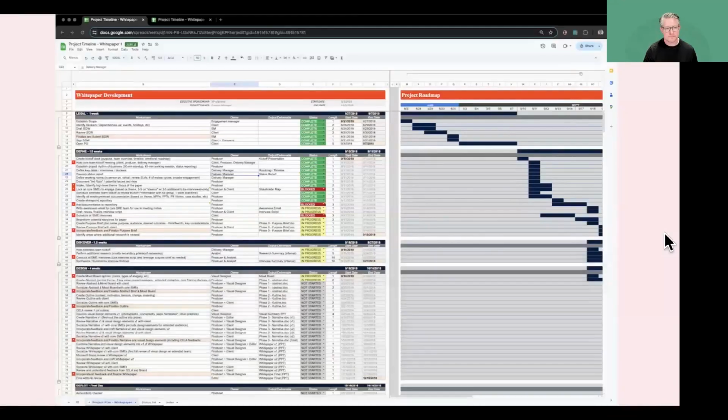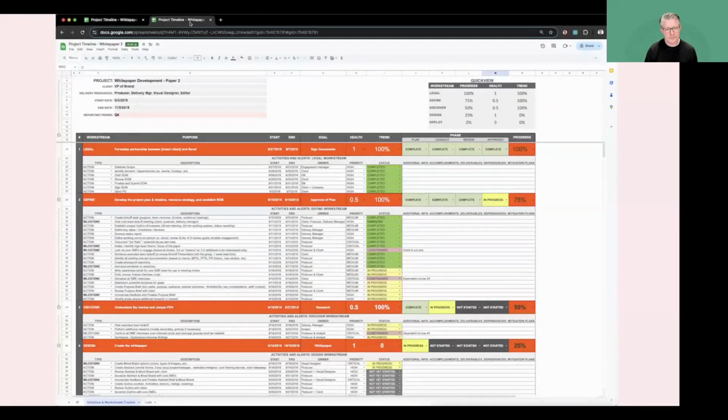Okay, back to that weekly status report for the client. Let me check on the progress of the other white paper we're developing as part of this program. Ah, this delivery manager decided to use their own template. At least they ported over the tasks. Why can't they just use the template I provided? And I have to figure out how to roll this up. Just what I wanted to be doing on a Friday afternoon. I do like the ability to set a milestone, though. I think I'm going to steal that one.